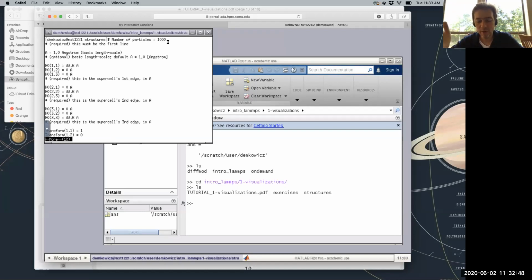Please don't ever do this by hand, right? If you don't like using Matlab, use some other program, use some other means. Don't do this by hand. Have a computer do it for you, okay? So that's what I'm going to do.